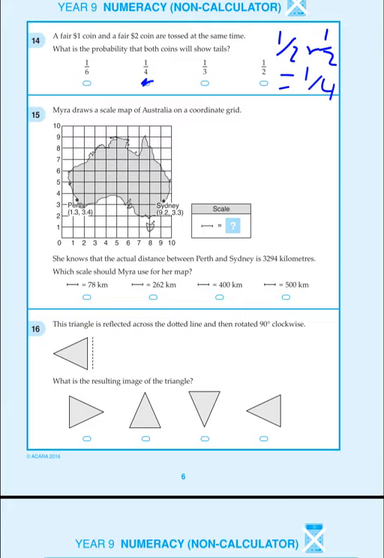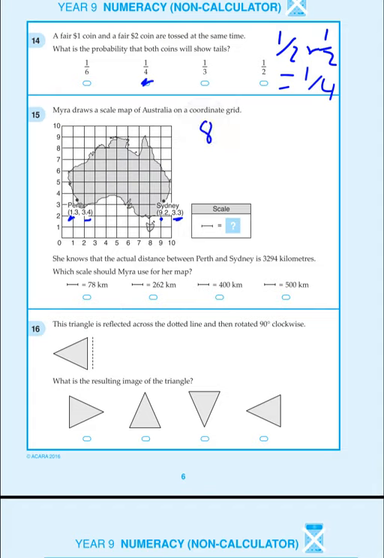Myra draws a scale map of Australia on a coordinate grid. She knows the actual distance between Perth and Sydney is 3294 kilometres. Which scale should she use for her map? So it's actually even giving you the coordinates there. That helps out, because when it comes to the y-axis, they're almost exactly the same. We'll just ignore it and do rough estimates. To go from 1.3 to 9.2, that's about 8